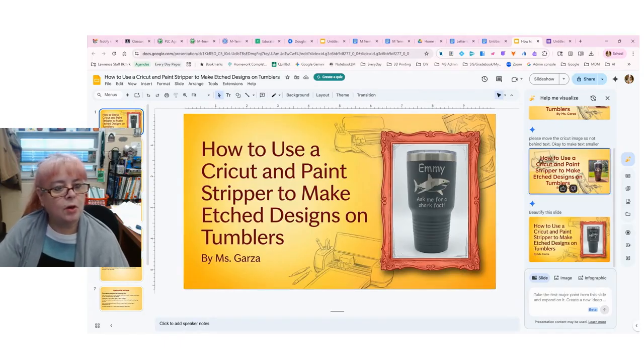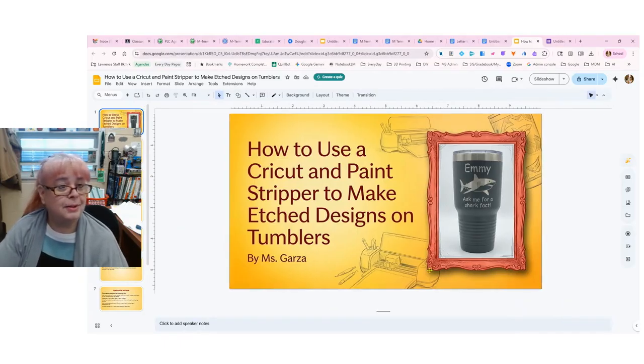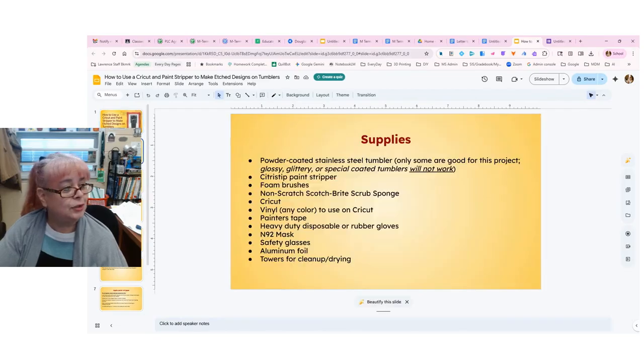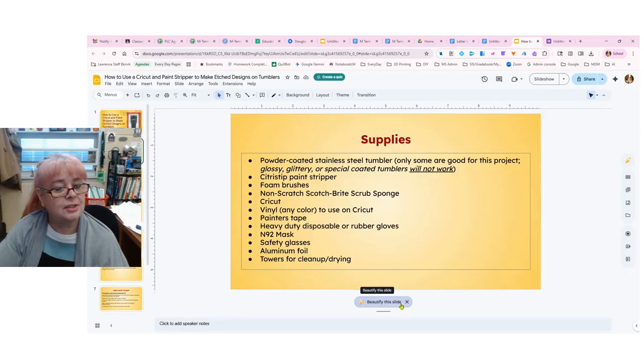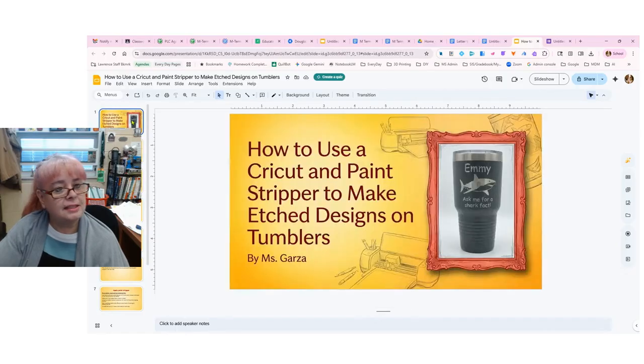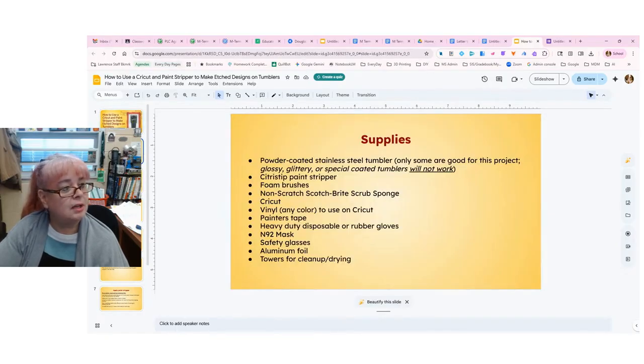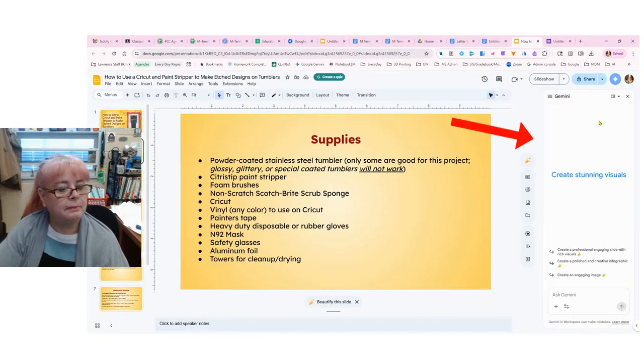So it's a nice little feature built into each slide. You could do something similar with that to beautify the slide. Now, that's not the only thing it could do. It's up here. So if I go to Gemini up here, I could notice there's create an infographic, make this